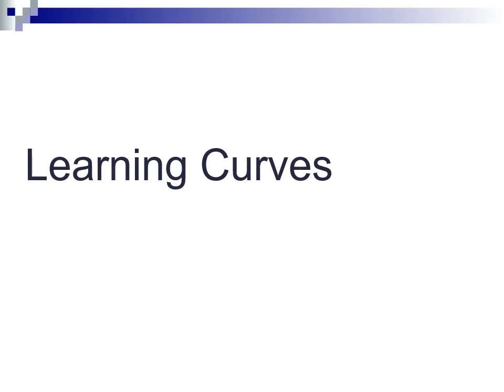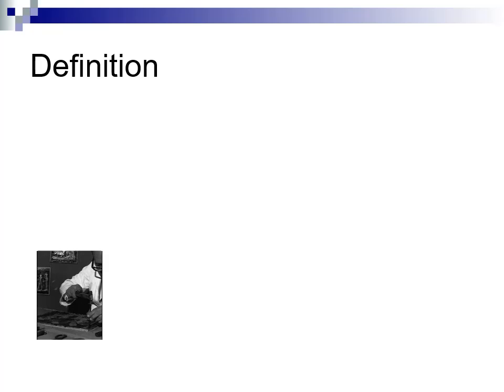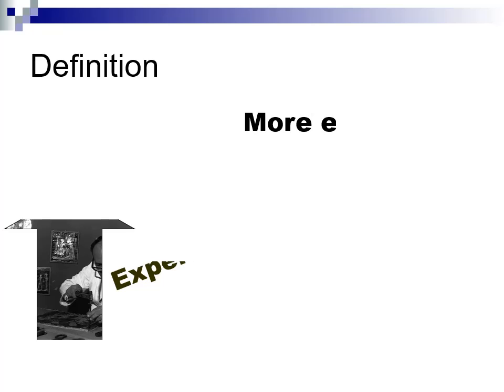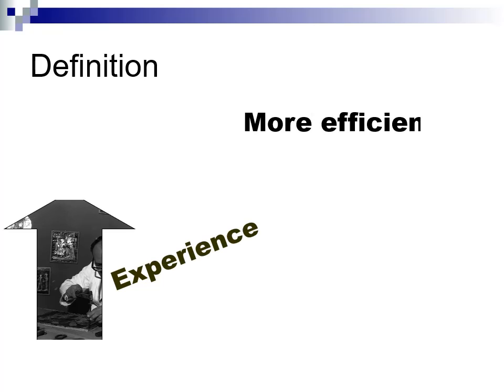Learning curves. Learning curves describe the simple fact that the more experience people have in doing a specific task, the more efficient they become in doing this specific task. The efficiency could be in the form of higher quality or lower cost involved. However, for comparative purposes, we will assume that the learning curves affect only the time needed to produce a specific